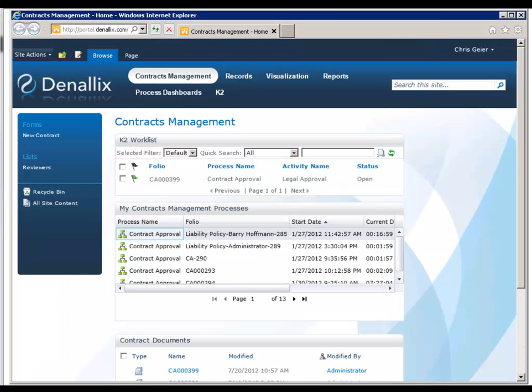And the last step in our process is for a task to be assigned to Chris. Chris works in the legal department, and one of his responsibilities is to ensure that the different contracts all adhere to company policies. So within his SharePoint site, he can see that a new task has been assigned to him. And opening up the task,